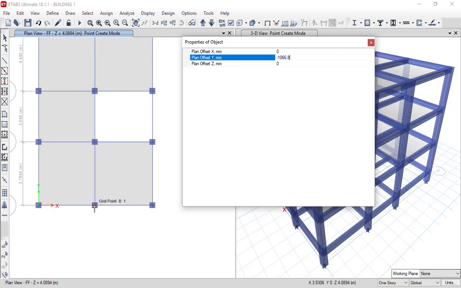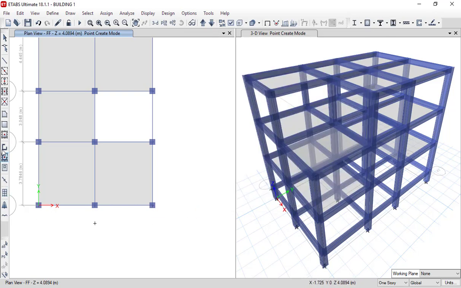And we are clicking on this point. If we click on this point, the point will be plotted here. So I am clicking on this point, and as you can see, one point has been plotted. We will require only one point. We will not create another point because, as we know, we can draw the floor by rectangle.